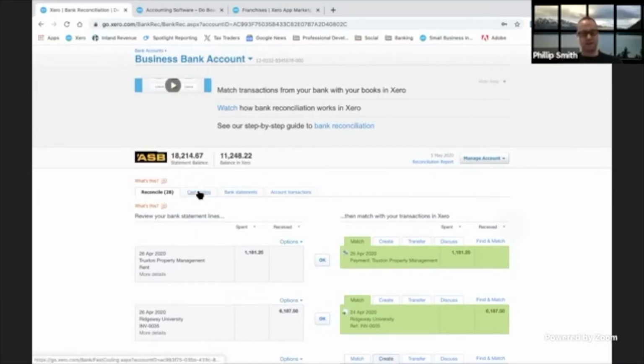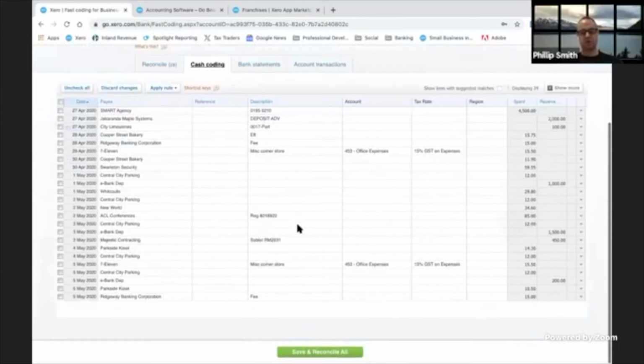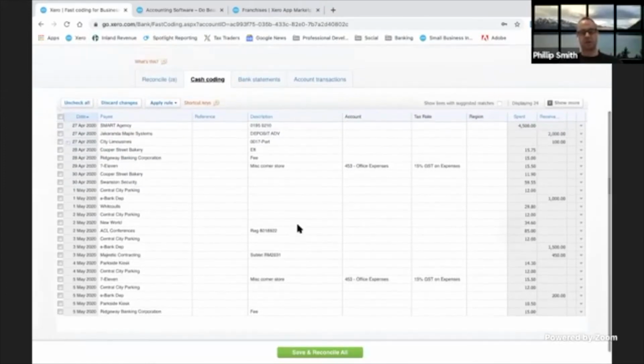little tab up here. This is an absolute godsend if you are new to Xero and you've got a whole heap of transactions to reconcile. And we've had this before with clients where you import bank statements and there can be hundreds and hundreds and hundreds of individual transactions. This allows you via cash coding to code transactions in bulk by grouping and sorting and filtering